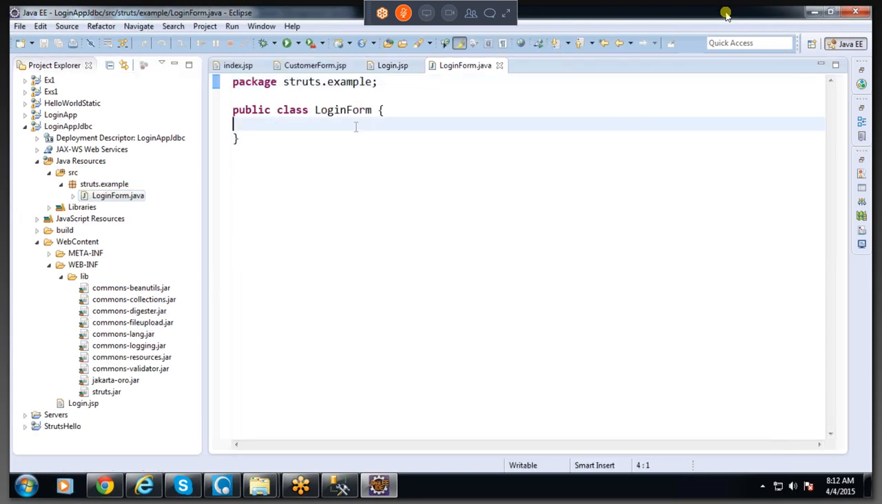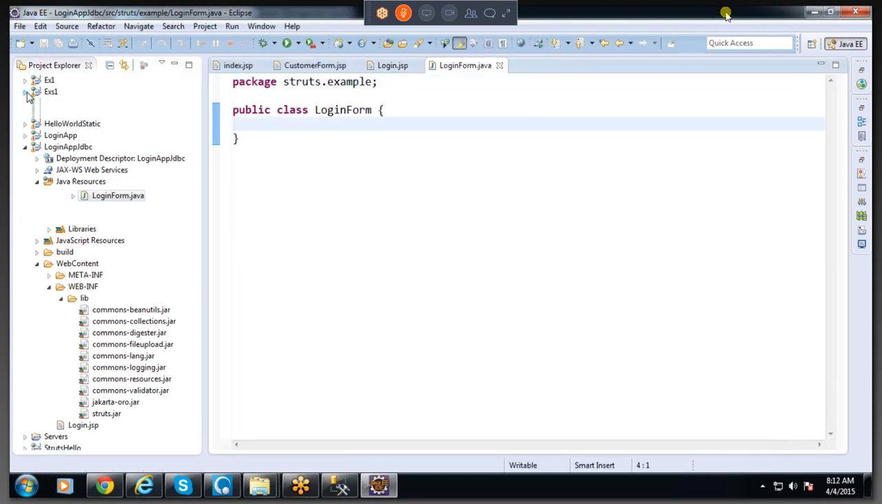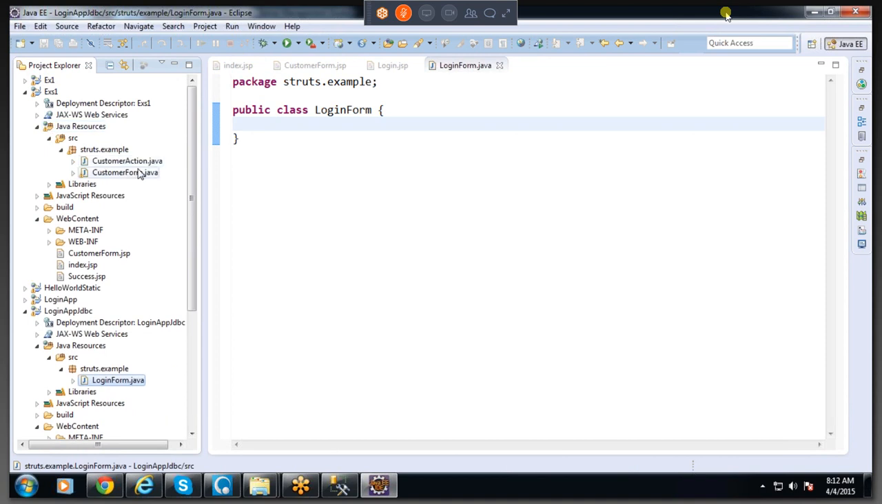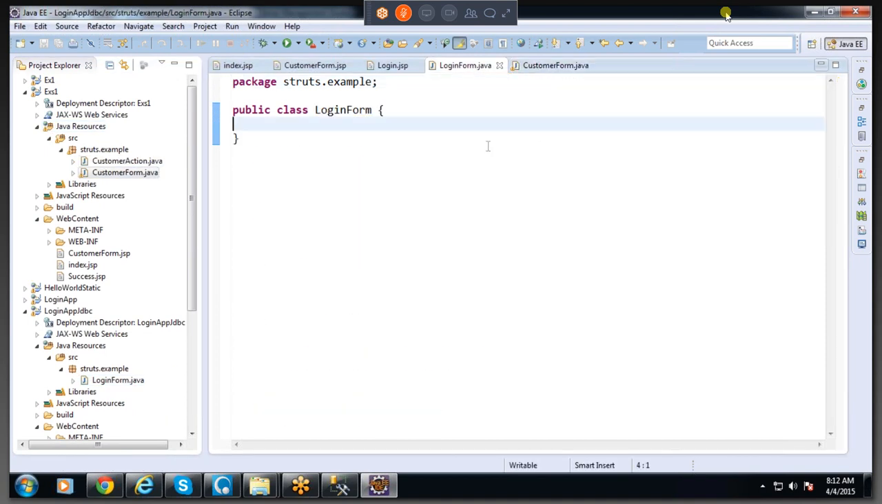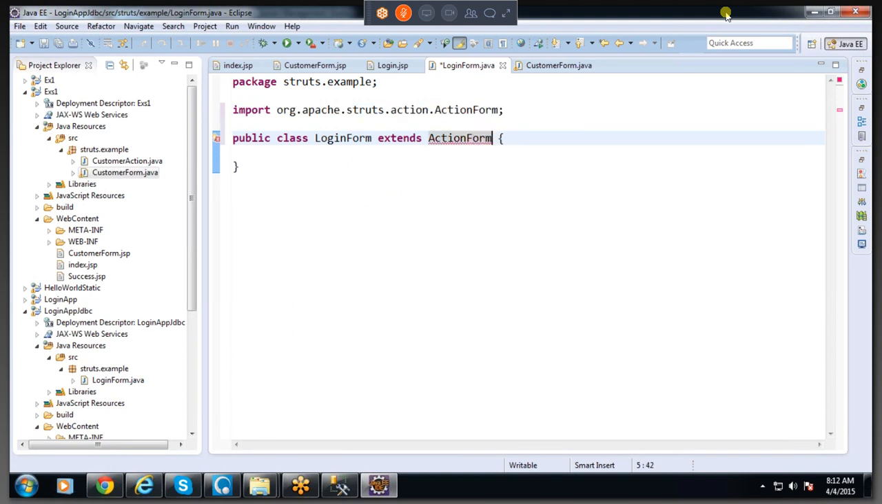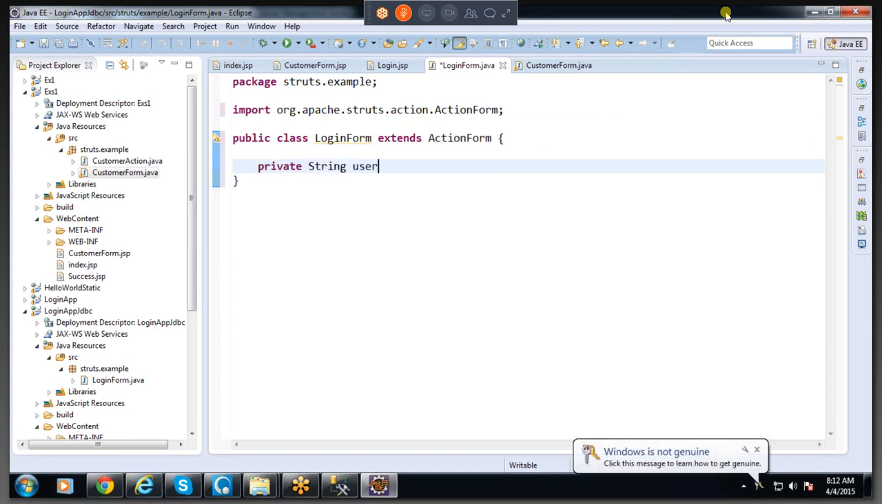So in this, let me write the code with respect to this. So what is the code? Actually we have to write it here. This is the customer form, this is the one we have to specify here: extends ActionForm, super, fine. So for the action form, how to specify these things here, see, private String username and private String